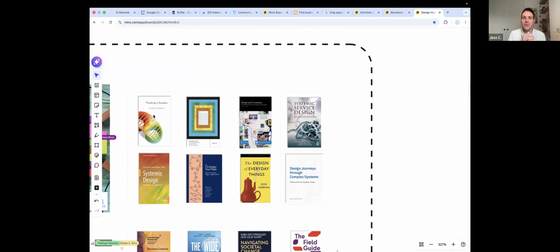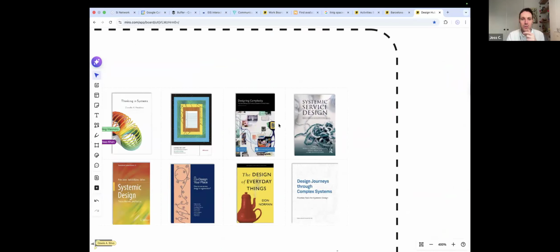Foundational ones, Donella Meadows' Thinking in Systems, which is more kind of the systems thinking. And we have quite a few from Peter Jones here, who's been a key figure. We spotlight him. And more recently, this one, Design Journeys Through Complex Systems. We actually interviewed the authors, including Peter Jones, for that one on our Design Hub channel. You'll find that down the YouTube link I shared earlier on if you want to learn more about that book.